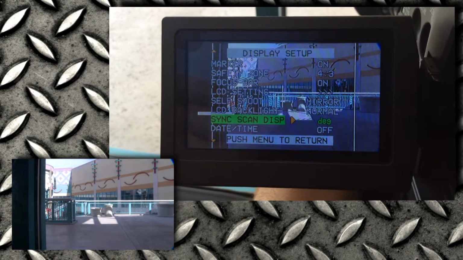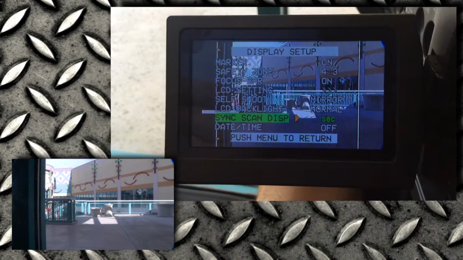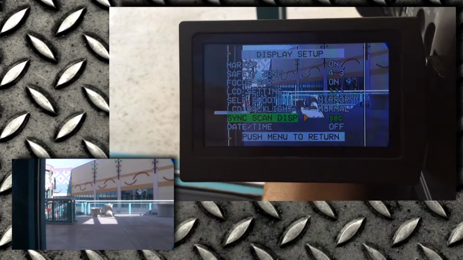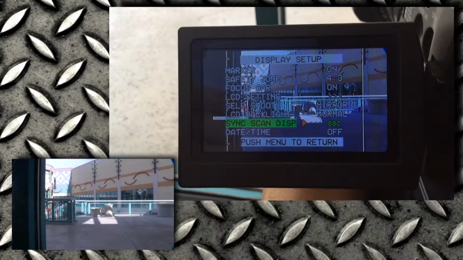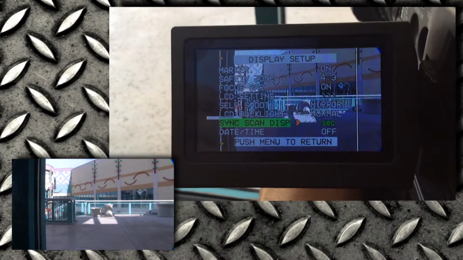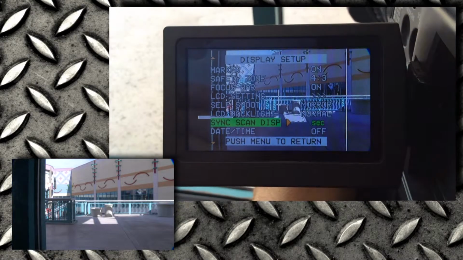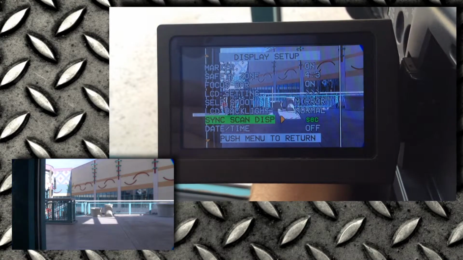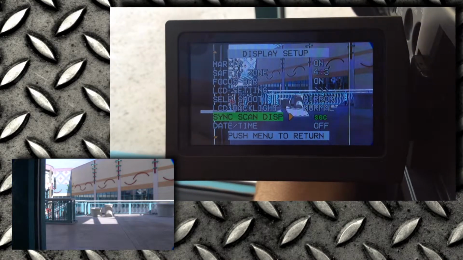Just be aware of that. Most of the time my shutter is off, so I don't worry about it. But you can turn your shutter to synchro scan, which will scan with like CR